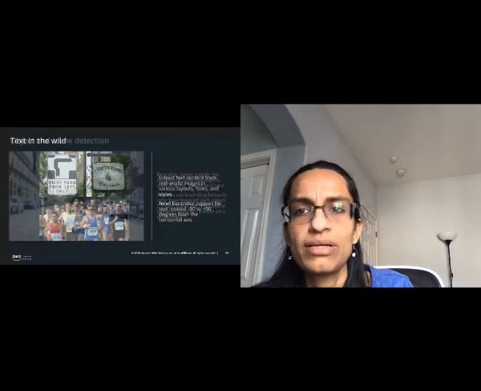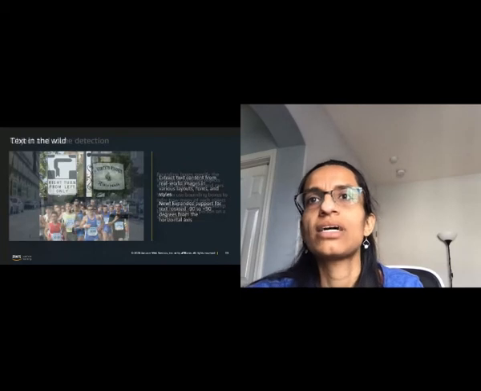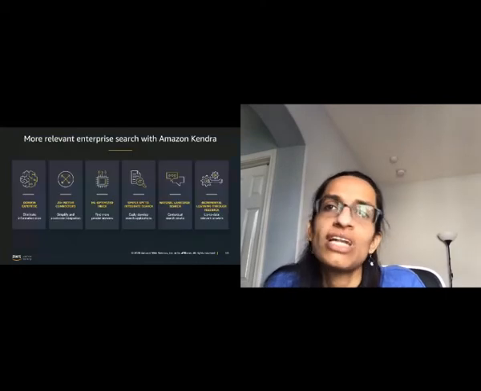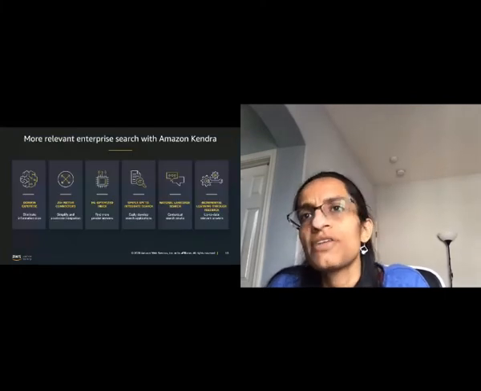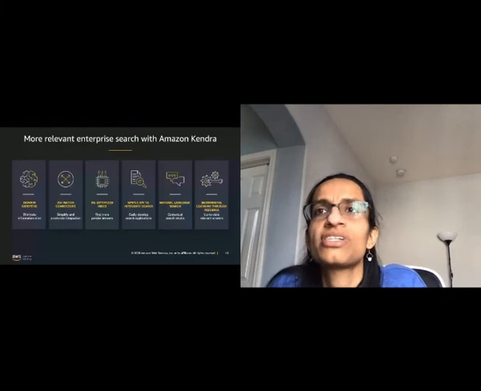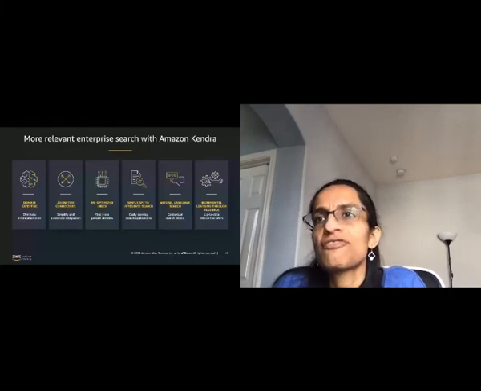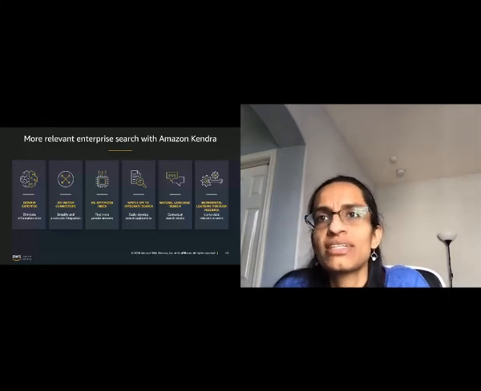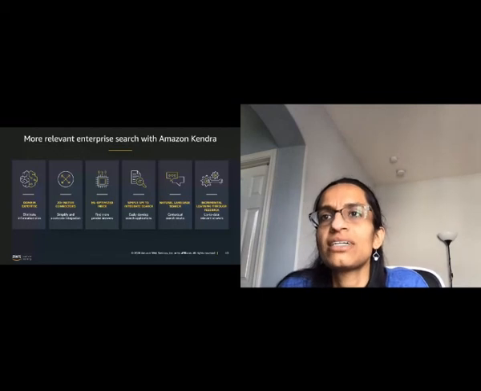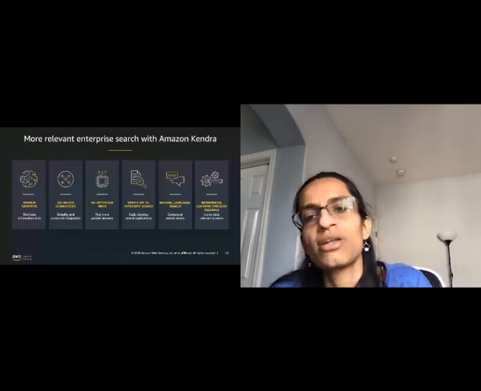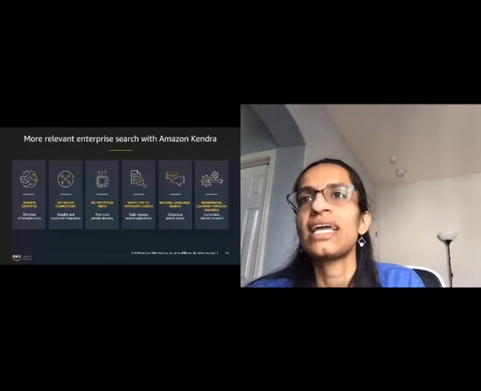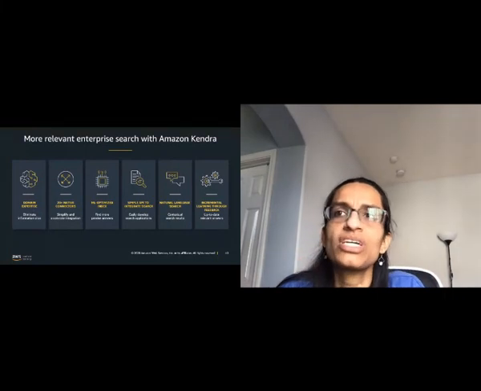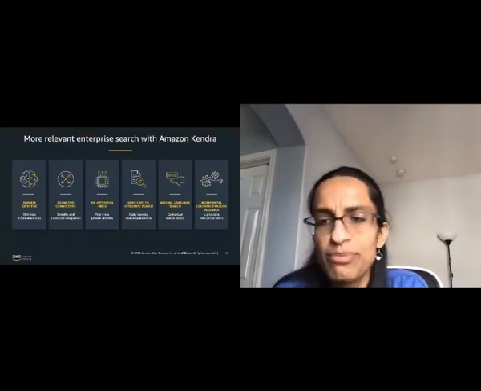Another quick example here is Amazon Kendra, and this is for enterprise search. This is based on natural language query, because a lot of times keyword searches are not intuitive and they're very error prone. Workers have to learn keyword combinations instead of relying on natural language. Amazon Kendra makes enterprise search easy by providing a deeper content analysis based on natural language understanding. For example, when your laptop is broken, rather than having to remember the exact keywords to search, you can simply ask, where can I repair my laptop, and so on.